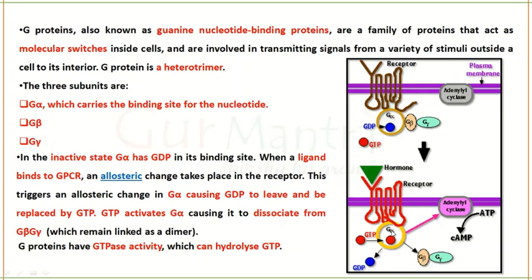This G alpha is then in a relay of reactions. It will activate several enzymes. In the case of the cyclic AMP pathway, it will activate adenylate cyclase, which we are going to discuss in detail in the next session. But for now, you know that the activated G alpha, which is bound to GTP, will activate enzymes.